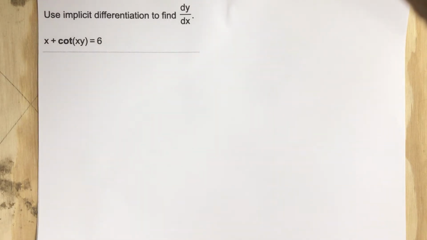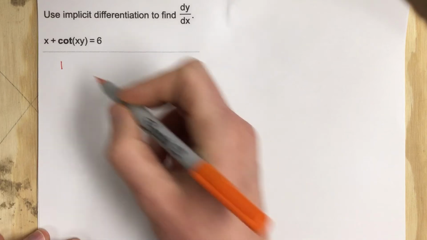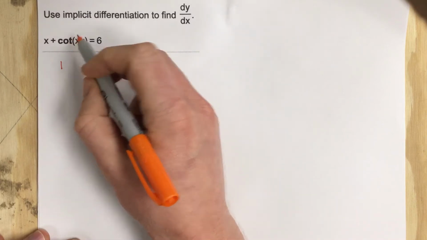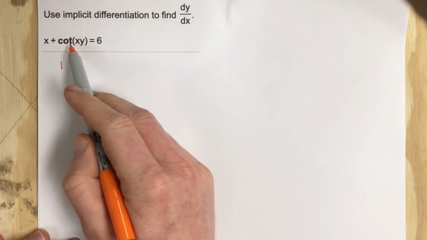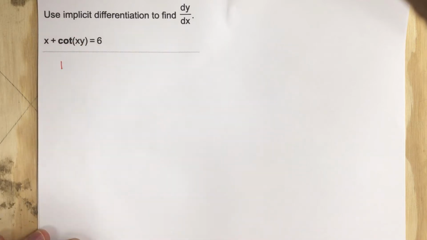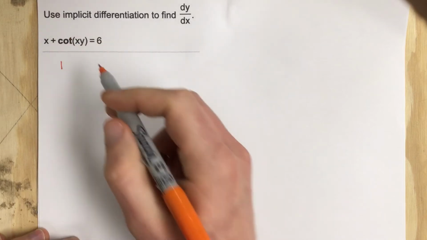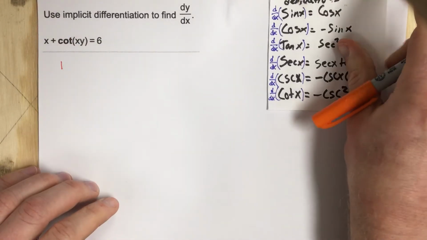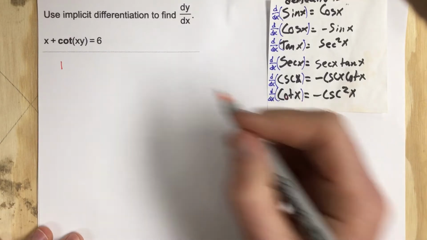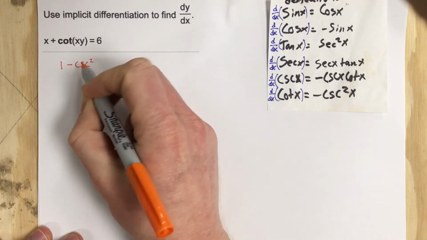So let's start by taking the derivative of x. We know the derivative of x is 1. And then we'll take the derivative of cotangent, but we're going to have to use the chain rule here because we have a function on the outside and a function on the inside. So let's take the derivative of the outside function first. So the derivative of cotangent is negative cosecant squared. So this is minus cosecant squared